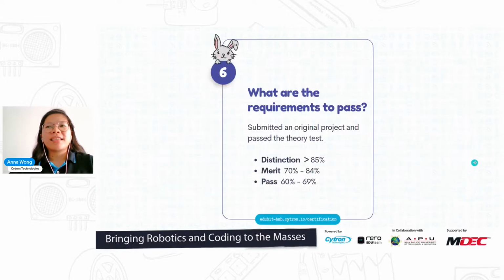And then what are the requirements to pass? It's definitely 60 and above. Okay? This is for the theory test, and for the project, there's